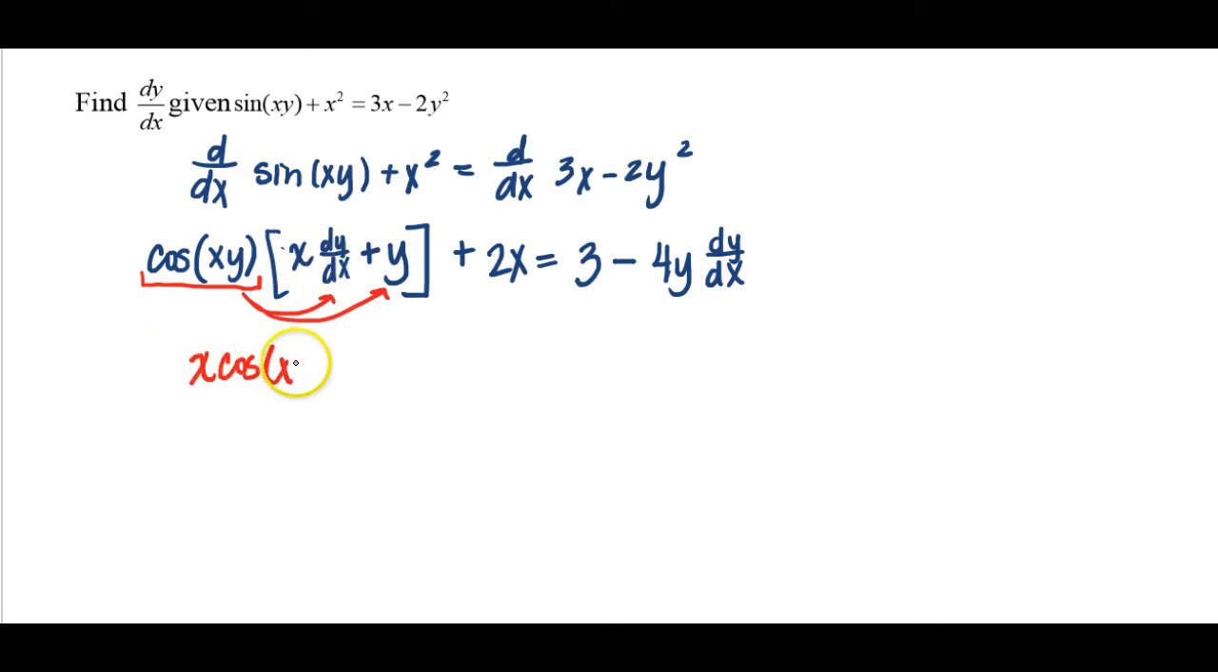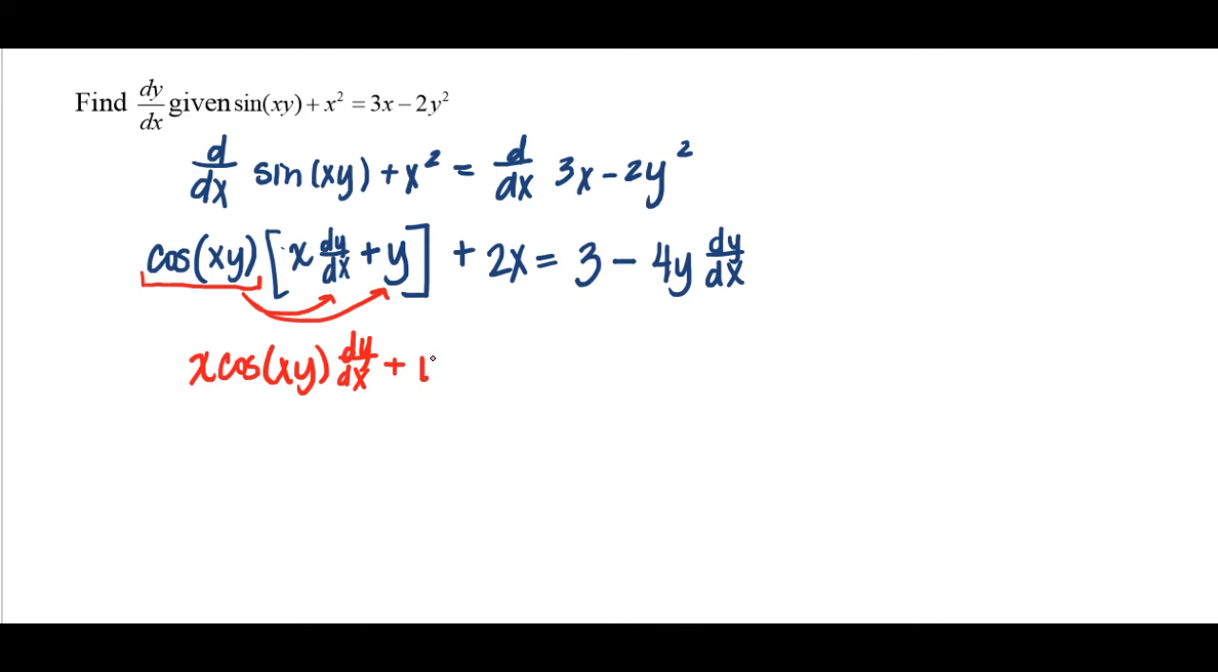x cosine of xy dy dx. And now, for the 100th time, I'm going to remind you that the x does not multiply or go into the cosine function. We can never, ever put something into a trig function or take something out of a trig function. So this x on the outside is just being multiplied, and we typically put it in the front. So x cosine xy dy dx plus, for the same reason, this y is just going to go